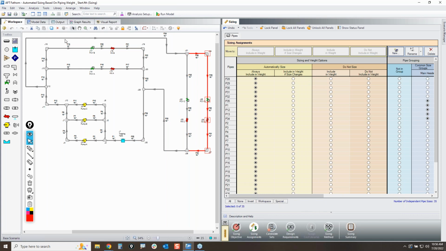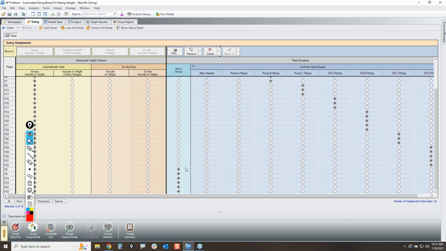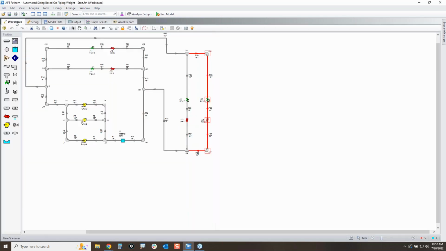All right, so now I have all my common size groups set up, and I've sorted them by common size group. Now, one thing I did skip when I did this is it's good to get a sanity check to make sure you set things up right. So if I go back to the workspace,